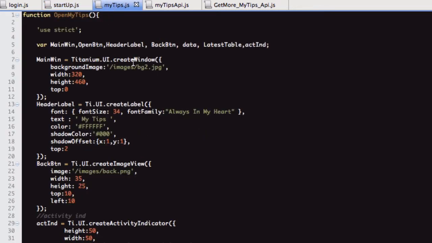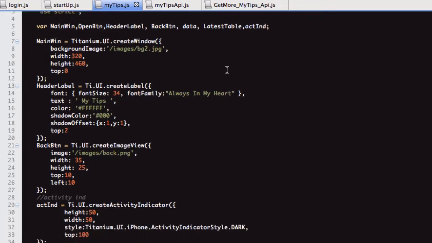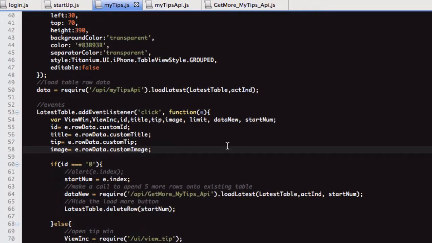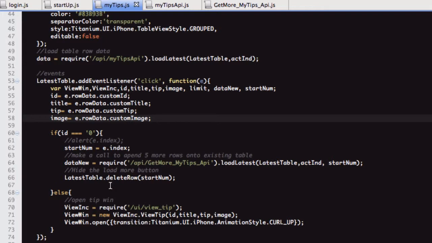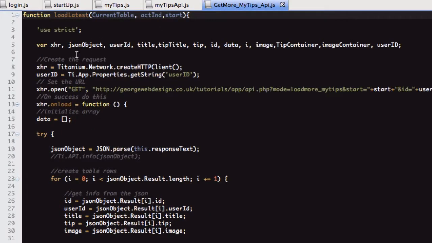So then let's go to my tips. So in my tips, this is pretty much the same as latest tips. The difference here is when we get down to say clicking the load more, instead of going to the other file, what was it called? I think it was just called load more. Get more API. Now we're going to this get more my tips API, and the difference in that is now when we do this call at the top to this URL,